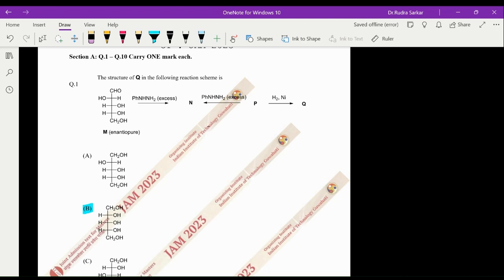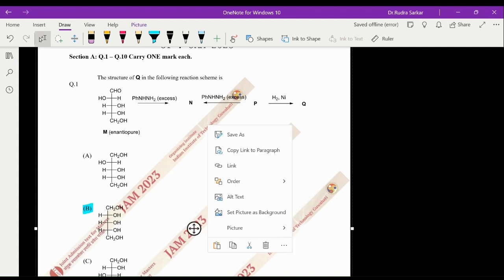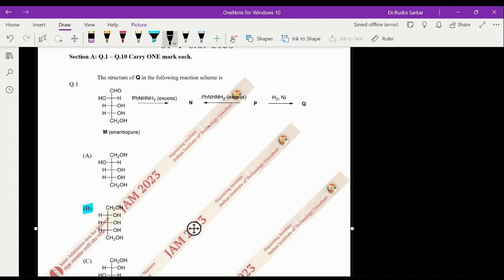Okay, we are solving question number one. The structure of Q in the following reaction scheme is what we have to find out. So basically, we have something like an M, which is this one, reacting with excess of phenyl hydrazine, and so it should be forming a molecule which is HC=N-NHPh,